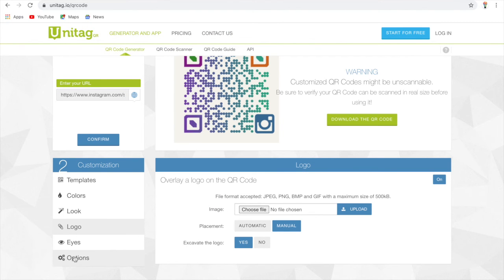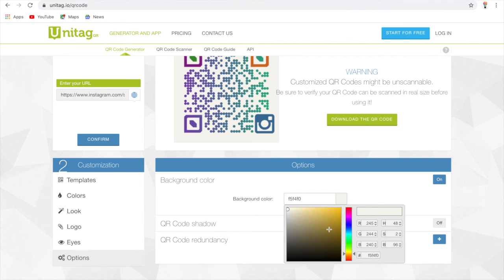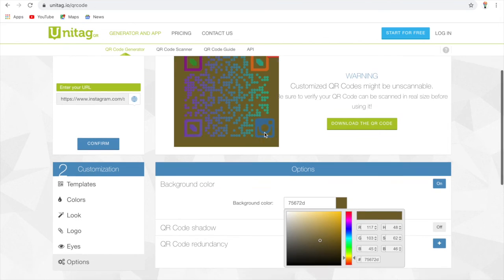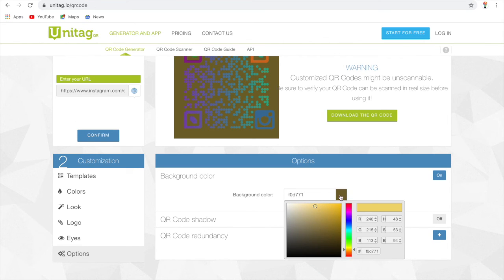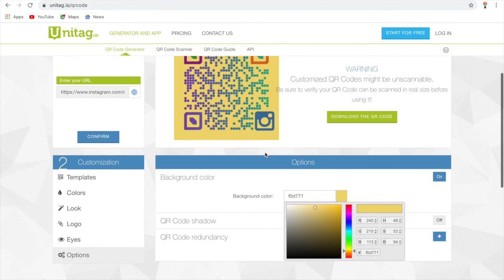Okay, then the last option we have is background color. It will look very funny, although I am just telling you for demonstration purposes. So this is the background color I have applied here. It's not looking good at all. See, even this is not looking good, but still we will do this.